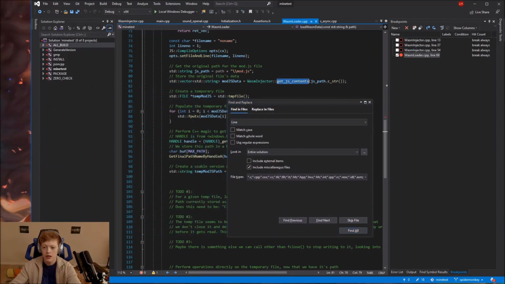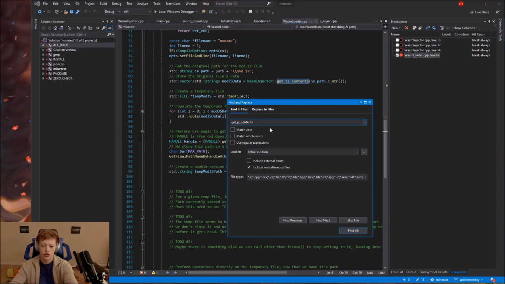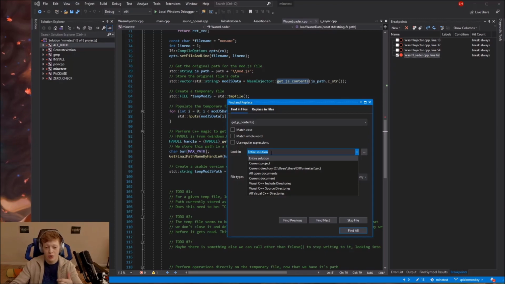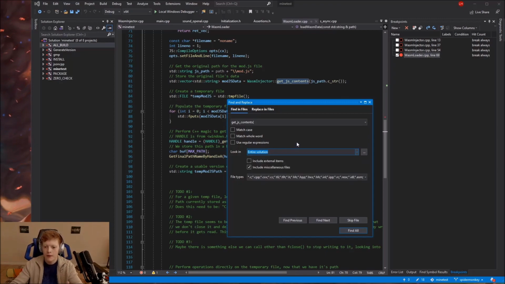I can copy the name of this function and I can put it here. And if I want to find the function call, I should open a parenthesis just because this is verbatim what's getting used. When you call the function, you usually have the open parenthesis. We don't necessarily know what they're going to put in the rest of the function, so we won't put any more stuff. But we can look through the entire solution or the current project or whatever,